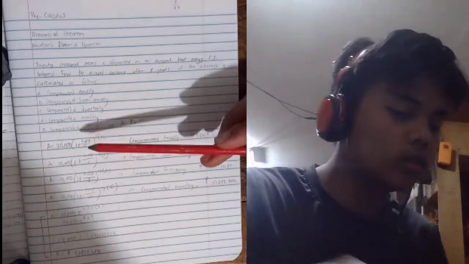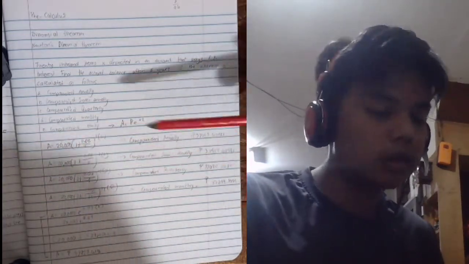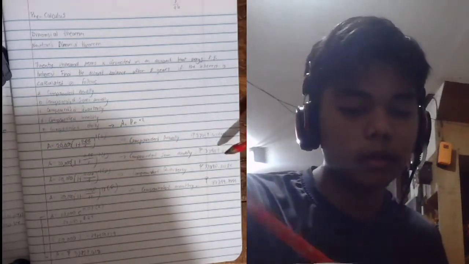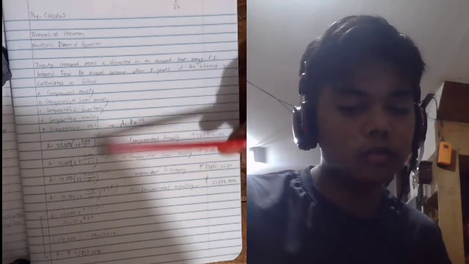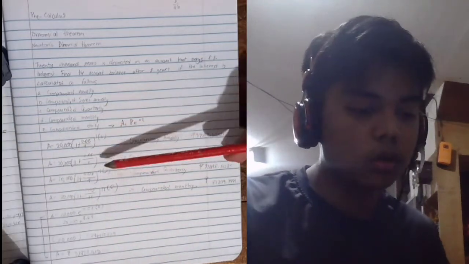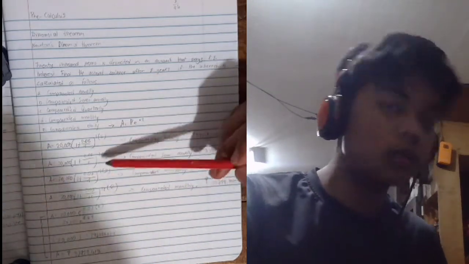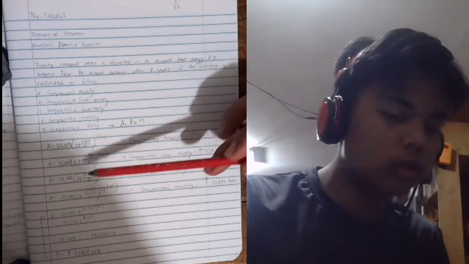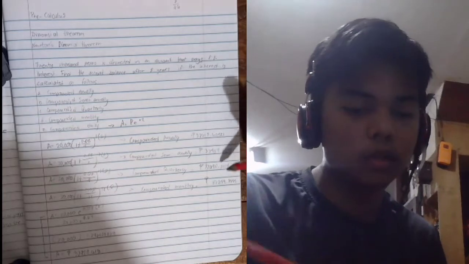For letter B, it says compounded semi-annually. It has a period of 2. Multiply it with the years. And then after solving this part, you have to multiply it again with 20,000, which is our principal. And then we would get our answer, which is 37,459.62491. For letter C, compounded quarterly, has a period of 4. Multiply it with 8, which is years. And then you have to answer this part and raise it to the power of 32. Then multiply it with 20,000. You get your answer, which is